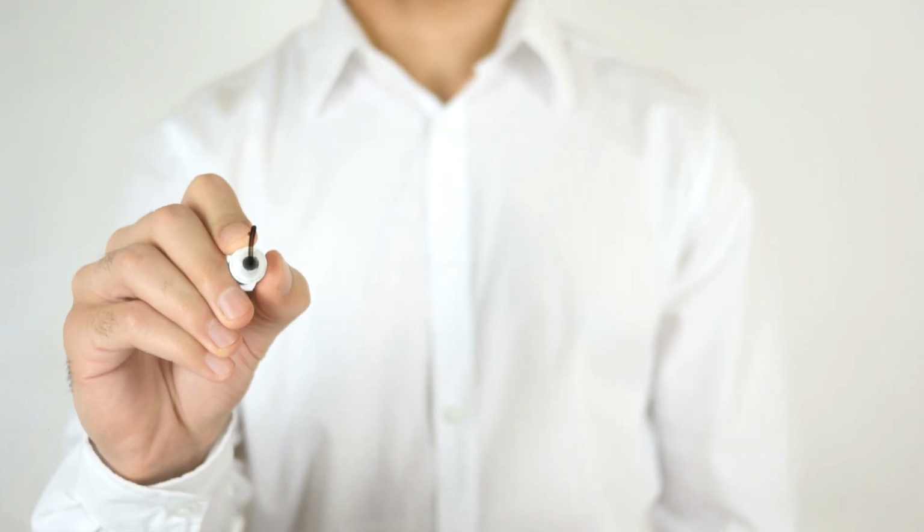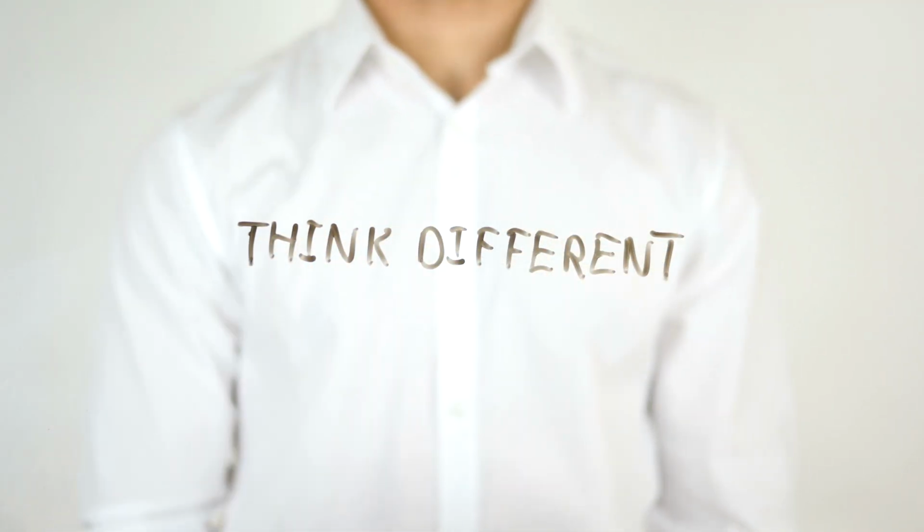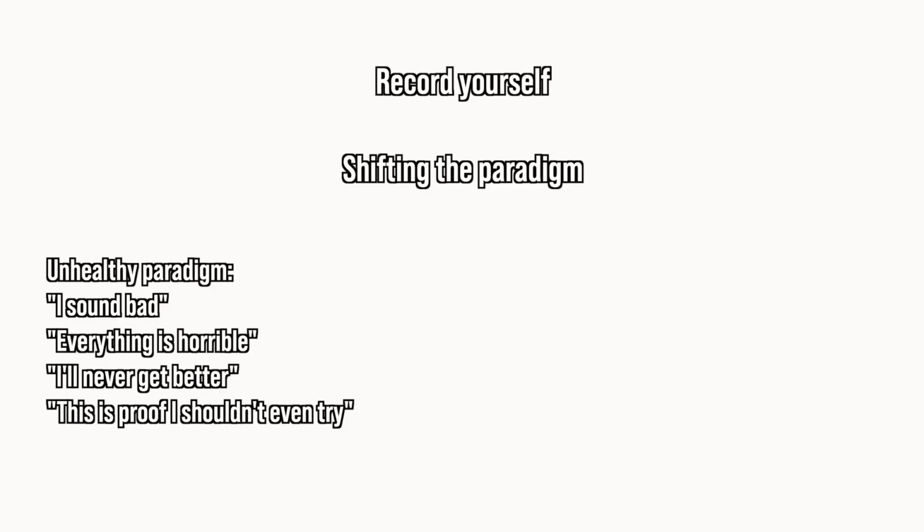When you don't know how to make something better, it's kind of the definition of then just going through the motions. You're just playing through things and it's not interesting to do that. It's boring. So, how does recording yourself help solve this problem? Well, a commitment to recording yourself regularly is a bit of a paradigm shift. Instead of recording yourself, listening back and thinking, oh man, I sound so bad, all of these things are horrible,